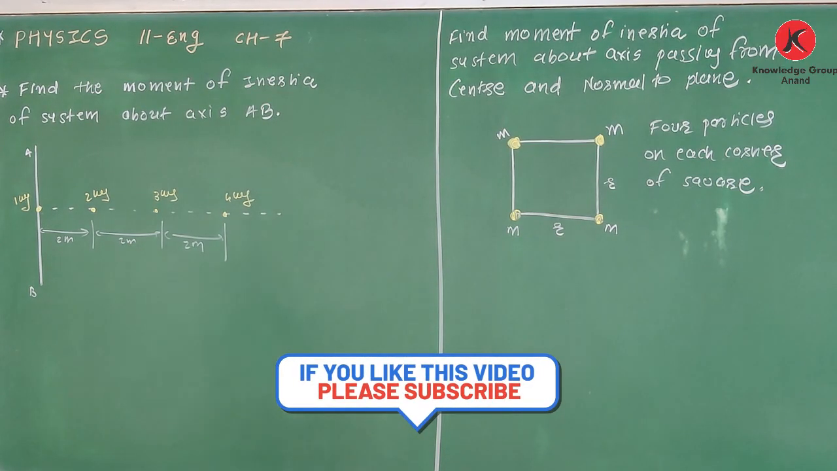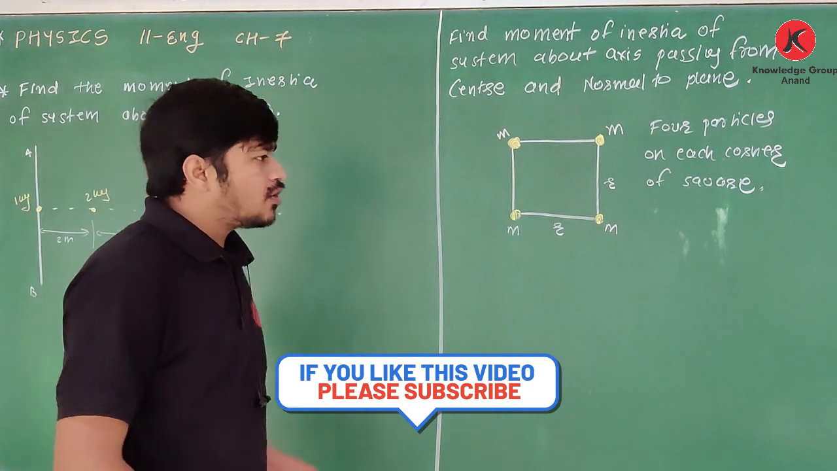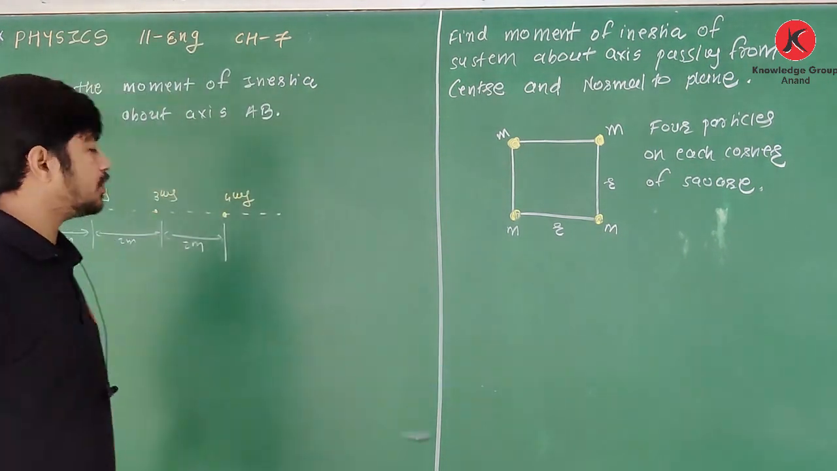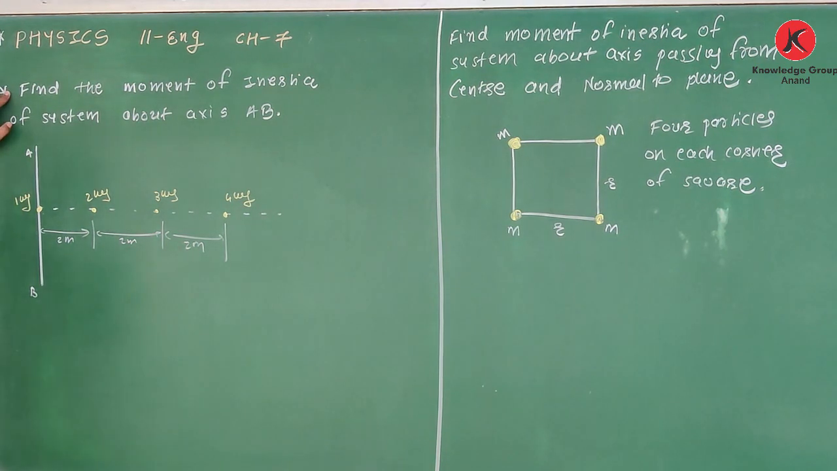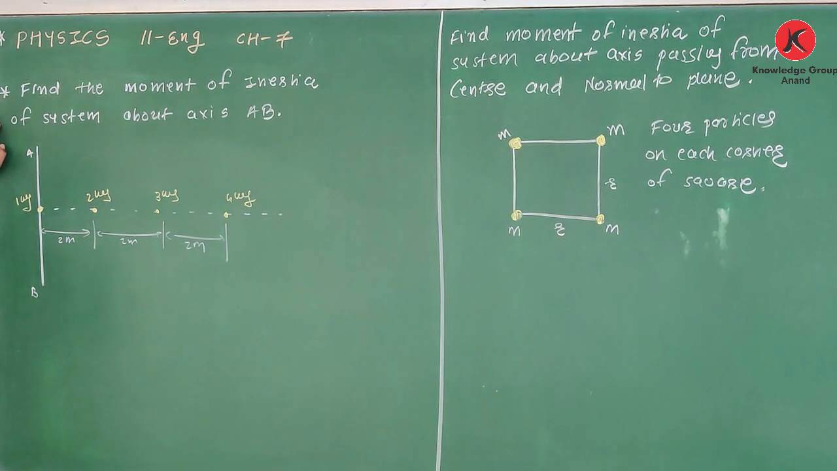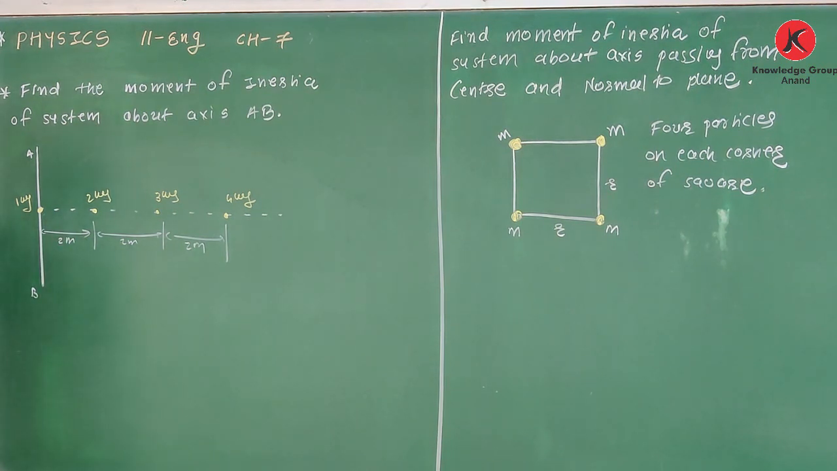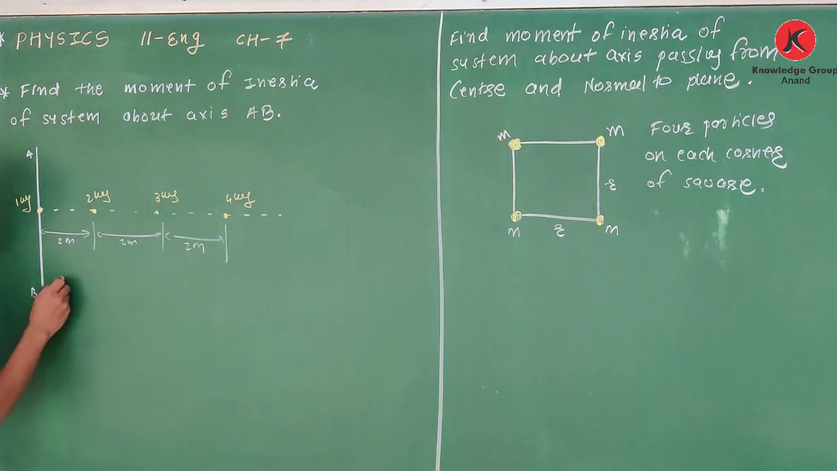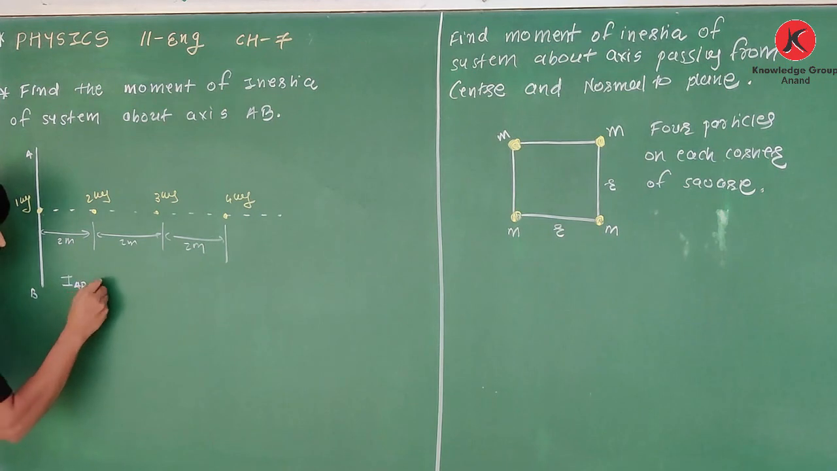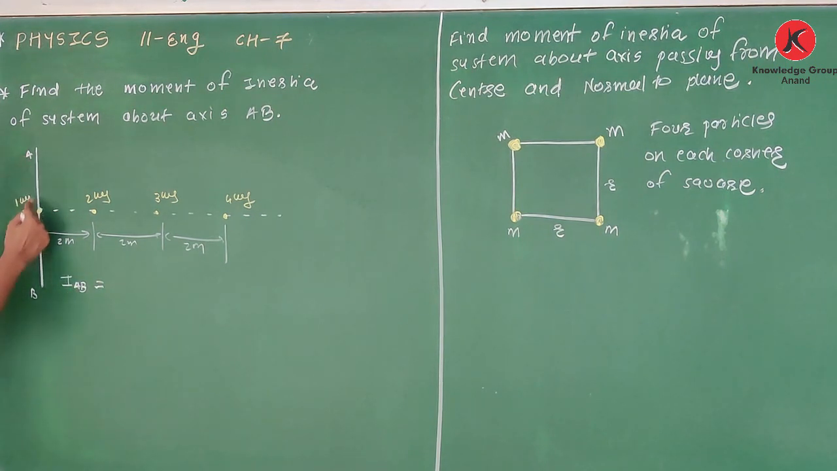Now we will see some questions based on moment of inertia. We'll start our questions from some particles. See, find the moment of inertia of the system about axis AB. Yes, this axis AB. These are 4 particles with masses 1 kg, 2 kg, 3 kg and 4 kg. Distances are also given. As there are 4 particles, what is the equation of moment of inertia about an axis? So the moment of inertia about axis AB, IAB, is equal to